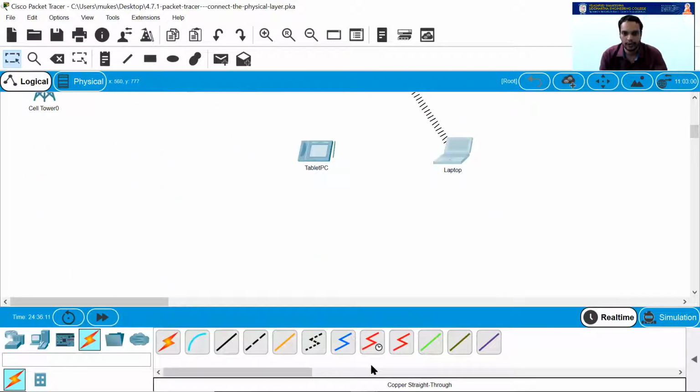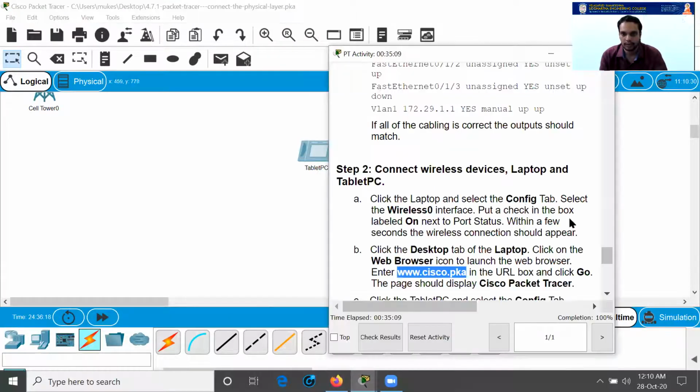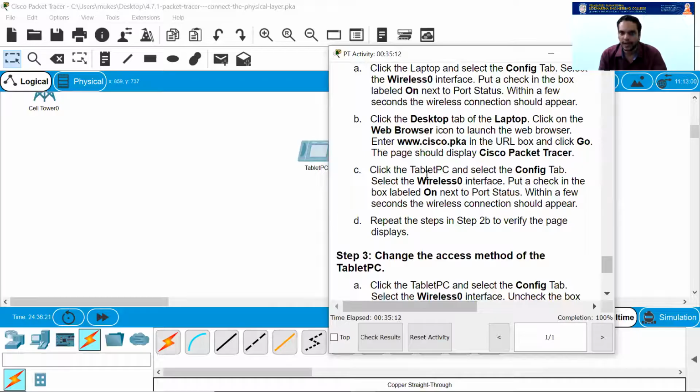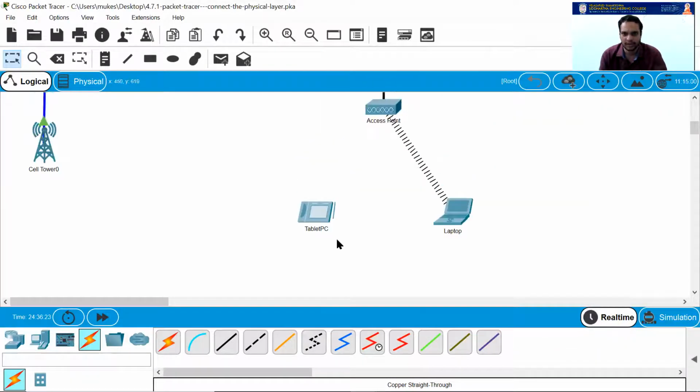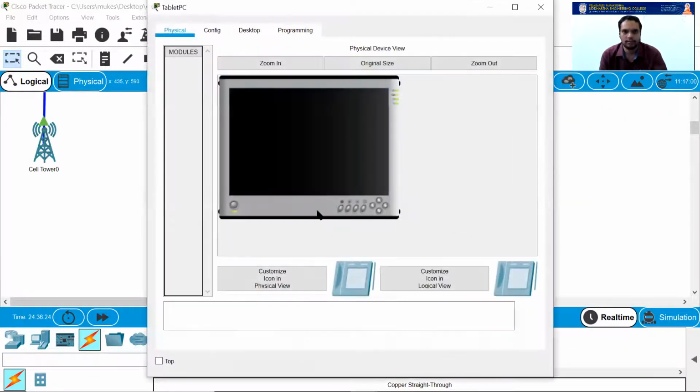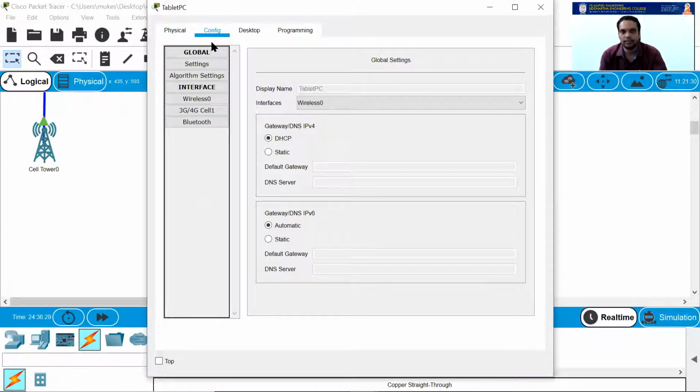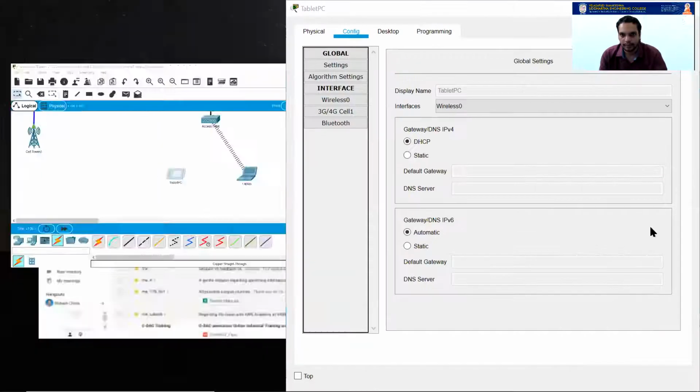So let me go into the next one. Now it says click the tablet PC and do the same thing basically. So let me click on the tablet PC. You see this, go to the config tab here. In the wireless tab,